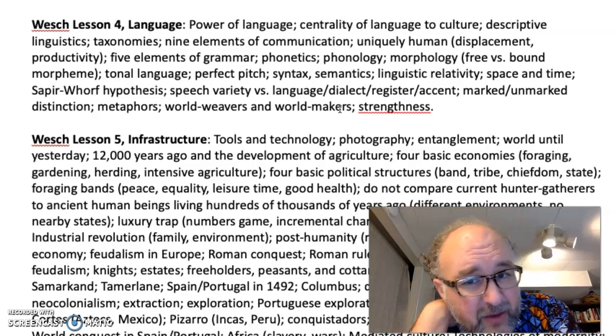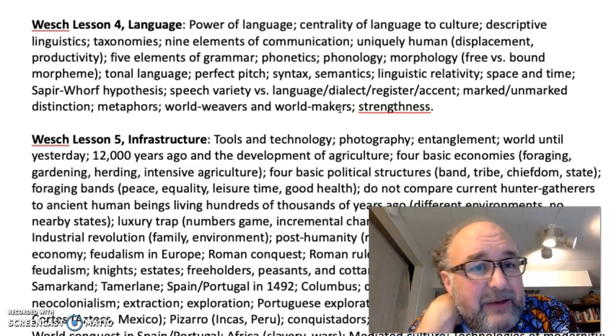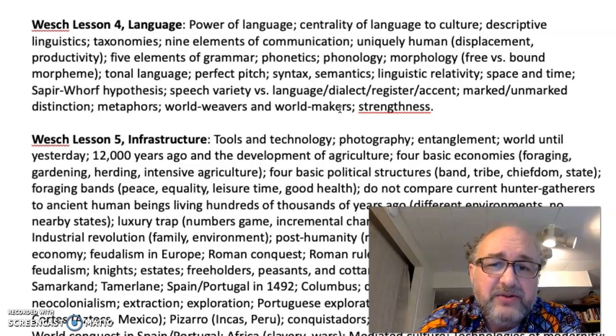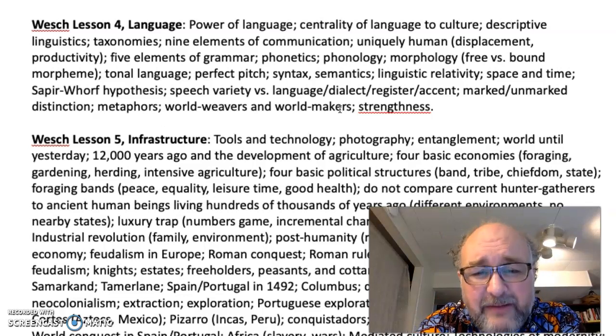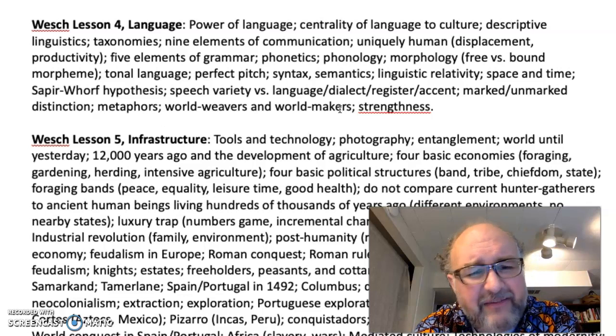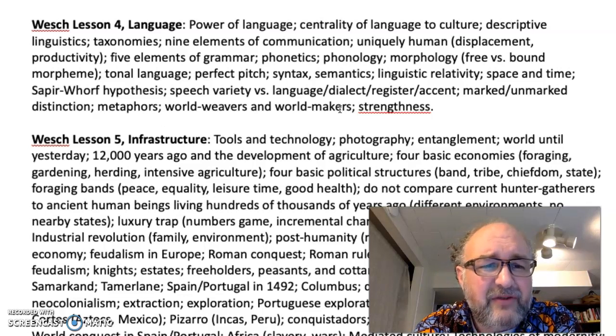Morphology has to do with when meaning is attached. So we have meaning attached to these sounds, and then we call them words. We call them words if they're free morphemes. Free morphemes can stand on their own, and those are words. Bound morphemes are just little particles. They have meaning, but they can't stand on their own. They have to be attached to a free morpheme.